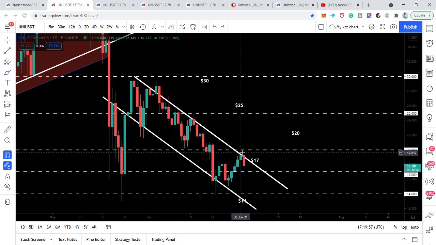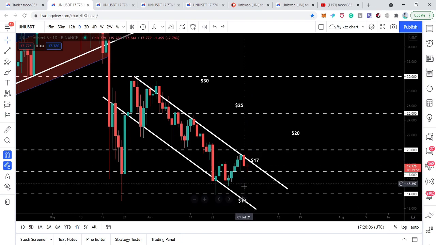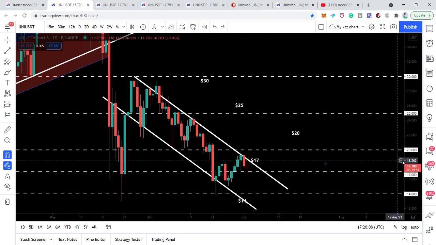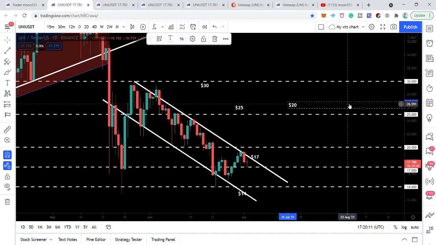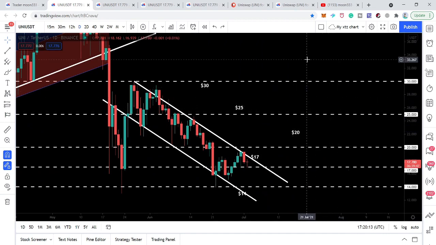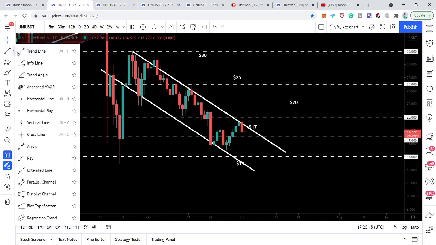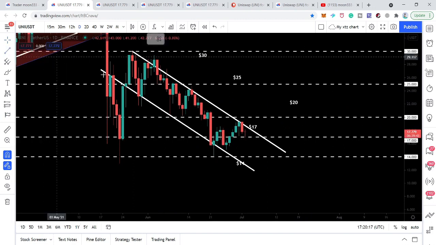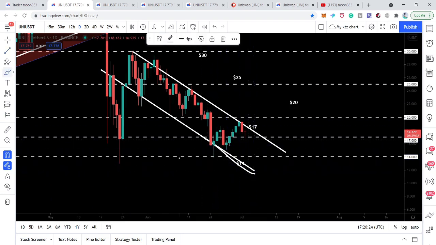again. And if it will be rejected, like apparently it seems to be going to be rejected, then we may again retest this $14 support. That is the same level where we have the support of the down channel as well. We can see that this is a kind of crisscross: we have this down channel support here, and we have this price level support here as well, and the price action can have a very nice bounce